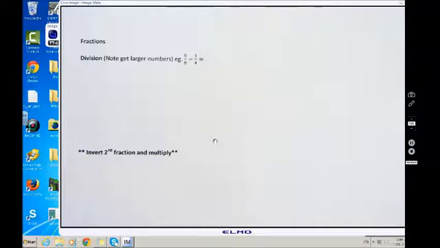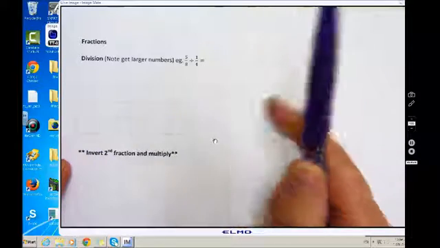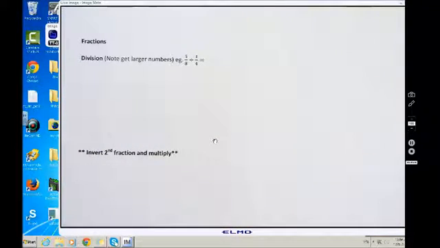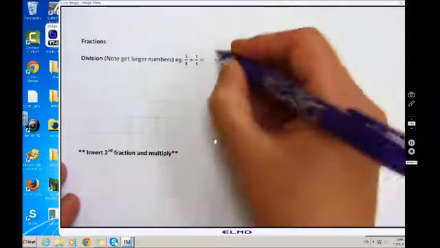Okay, so now we're going to look at fractions and how to divide fractions. Here I have an example of 5/8 divided by 1/4. What does that actually mean when we say that? It basically means